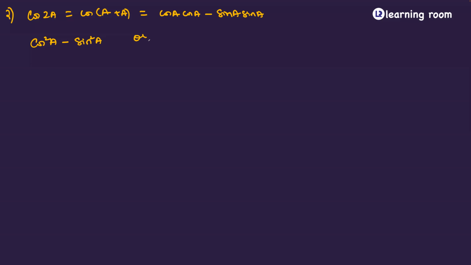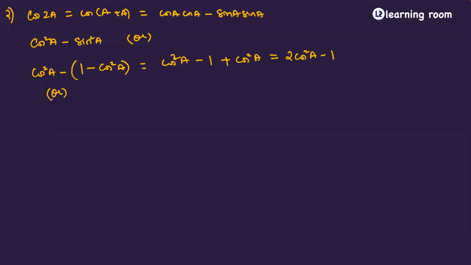You can do an OR here by leaving cos square a as it is and writing sin square a as 1 minus cos square a. When you do this, you get cos square a minus 1 minus of minus is going to be a plus cos square a. So it is going to be 2 cos square a minus 1. So basically, it can either be written as cos square a minus sin square a, or it can be written as 2 cos square a minus 1, or